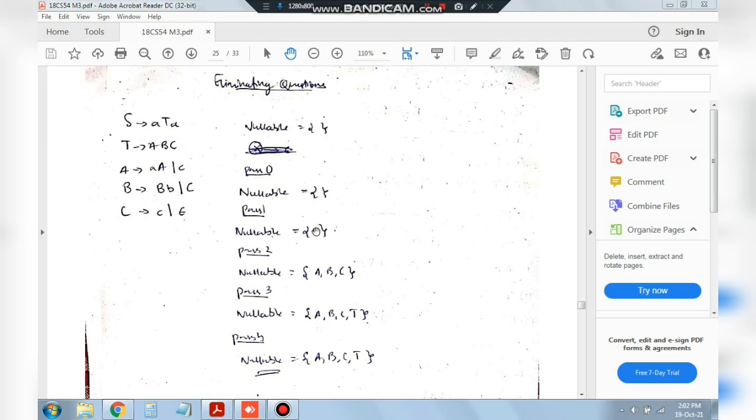So I'll be writing here C. Then in pass 2, I'll be including those letters where C is matching here. Those letters from which I'm getting to C, that also is nullable. So I'll get A, B, and C as well as C, because all are reaching to C, right? After I include all of these letters, the set will be A, B, C, and D.